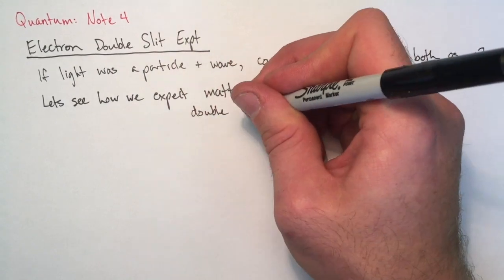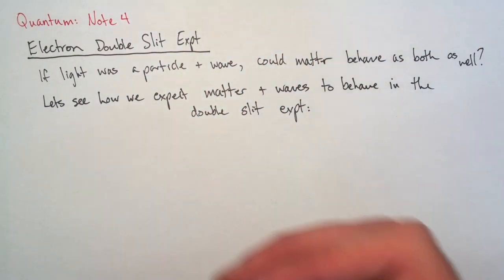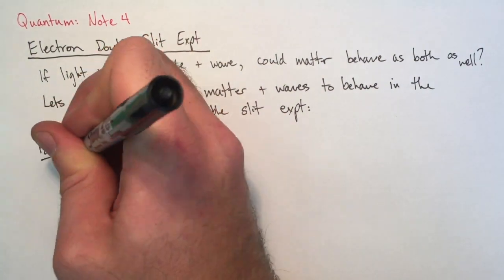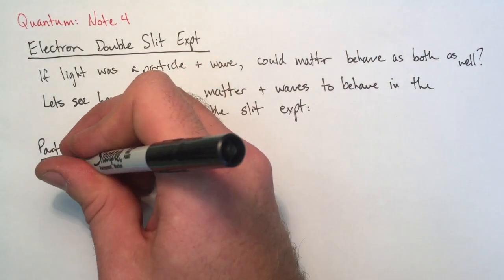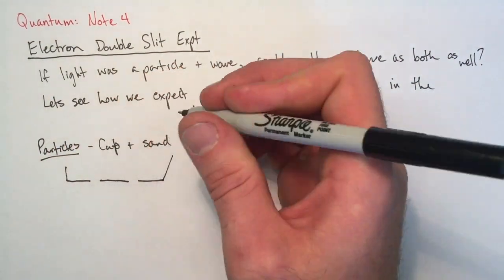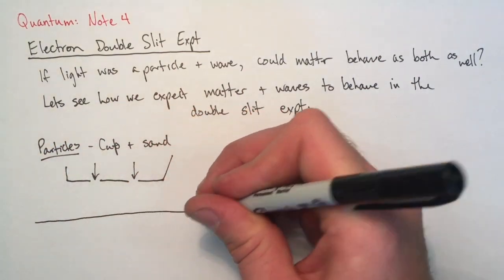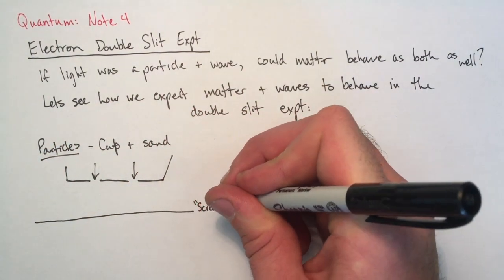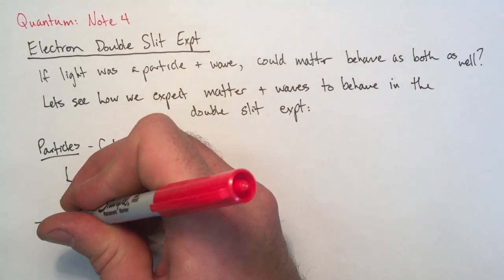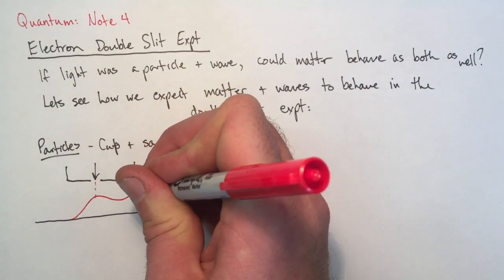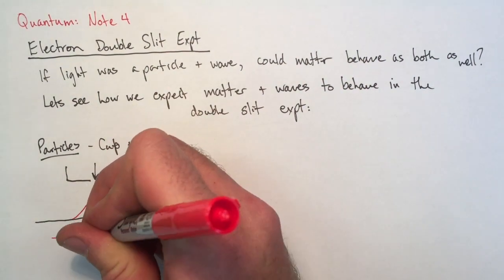First off, before we consider anything, let's take a look at the double slit experiment and see how particles would act if we send them through and how waves would act if we send them through. So for particles in the double slit, just pretend you have a styrofoam cup. You cut 2 slits in the bottom, you fill it with sand. What should we expect to see on the tabletop below or the screen? The sand should drop through both of the holes and end up in 2 piles.